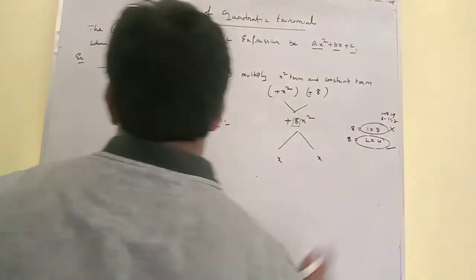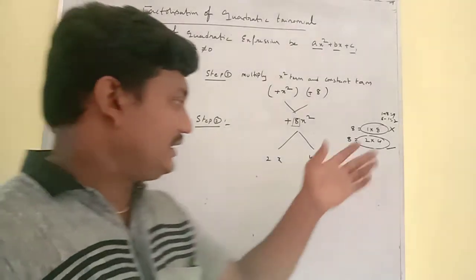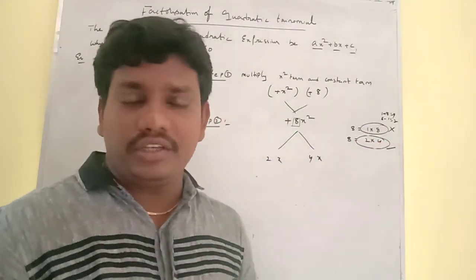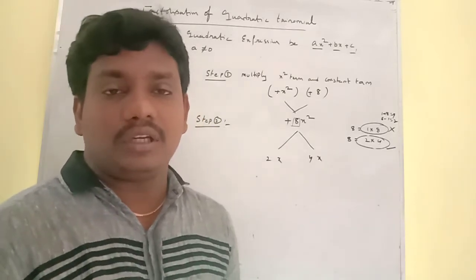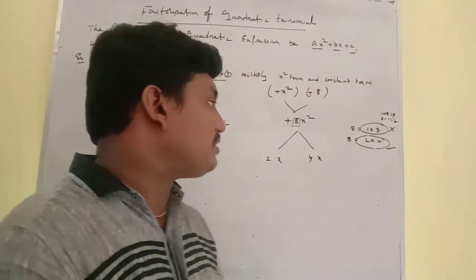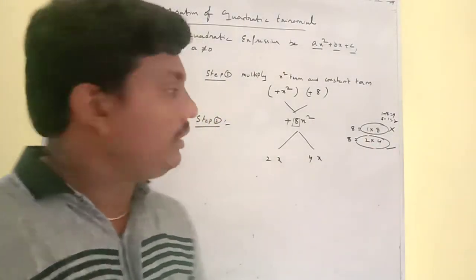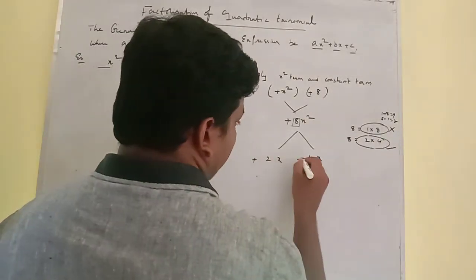So 2 and 4 we have taken, that is 2 and 4. This middle term is obtained by an addition process. Addition is nothing but having two same symbols. That means when you have two same symbols, only then is addition possible, either minus or plus. But here the required value is plus, that's addition, so we are simply taking plus and plus.